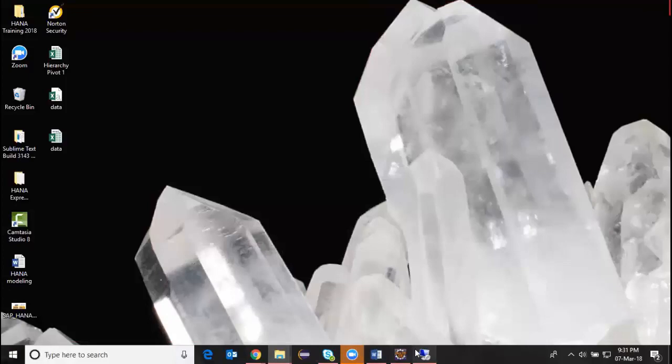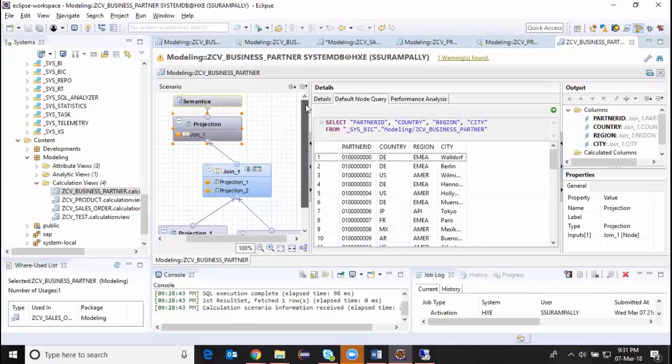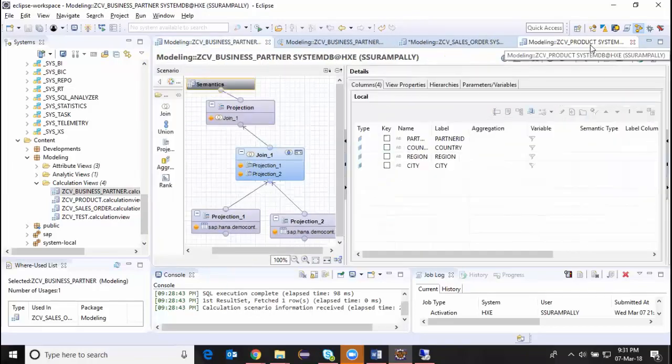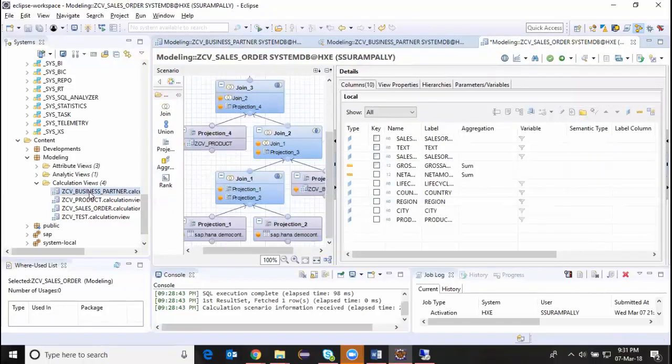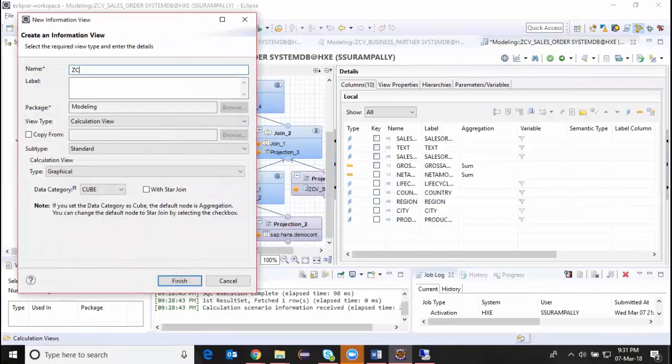Yeah, just to end this session, the same thing that I built here, the sales order view, whatever I built here, I can do using star join. So how do I do it? Let's see. Go to new calculation view, sales order star join,